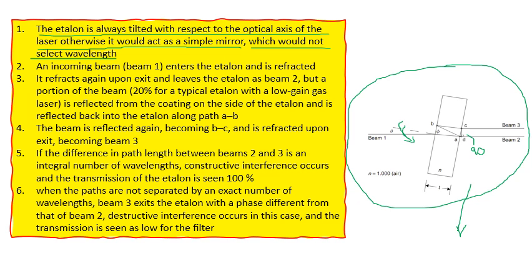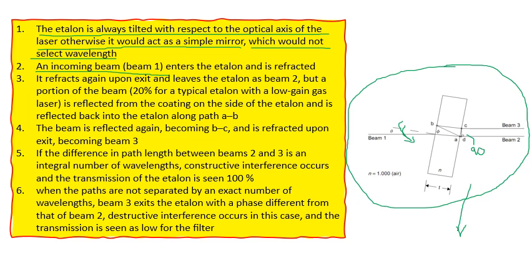What is mentioned here? कि etalon alone is supposed to be tilted with respect to the optical axis at a certain angle. Otherwise, it would act as a simple mirror. ठीक है. और अगर सिंपल मिरर के तौर पे तो इट्स यूजलेस. ठीक है. सेकंड पॉइंट,